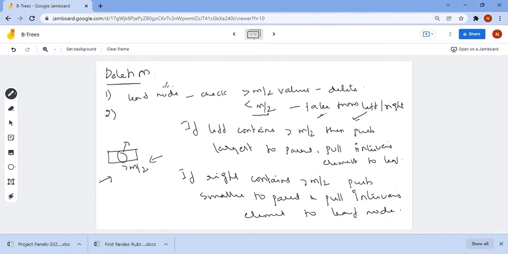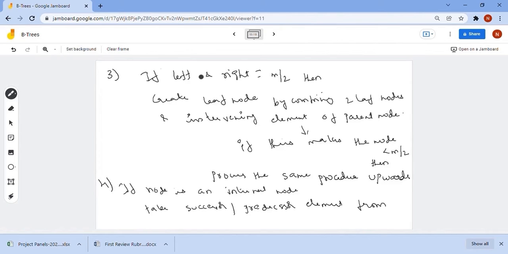You take the largest element from the left sibling and push it into the parent node, and the intervening element from the parent node is pulled down to the leaf node where the element is deleted. Similarly, if I want to take an element from the right side and it contains greater than m by 2 elements, you have to push the smaller element from the right sibling to the parent node, and the intervening element from the parent node to the leaf node where the element is deleted.